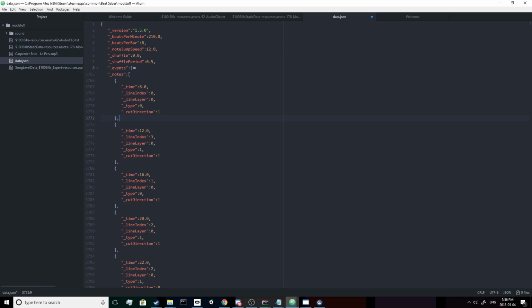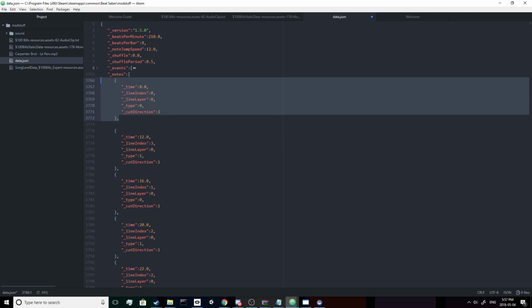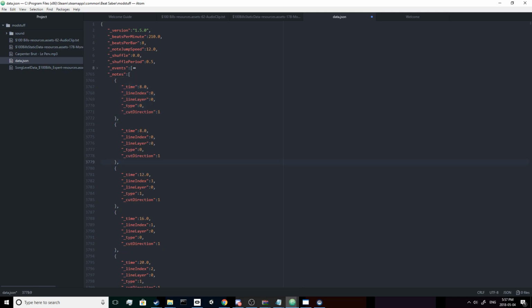Now, before we make our environment, we're going to make a quick change to the JSON to prove that we actually do have it reading from this. Normally here you could just make your entire beat map, but for the sake of the tutorial, I'm just going to edit it slightly by taking the first note, adding it one beat later with a different cut direction, and one more beat later with another cut direction,